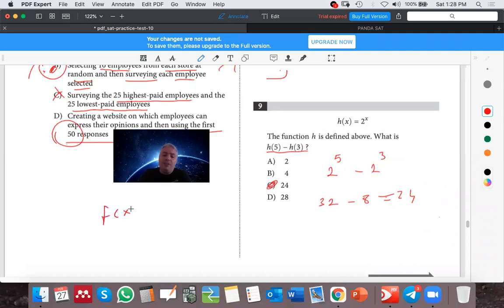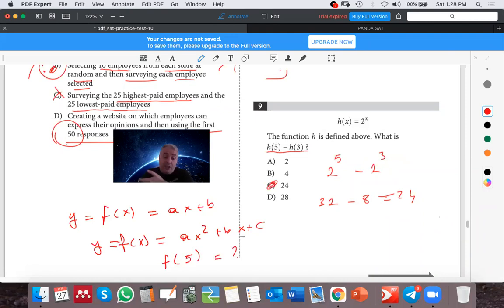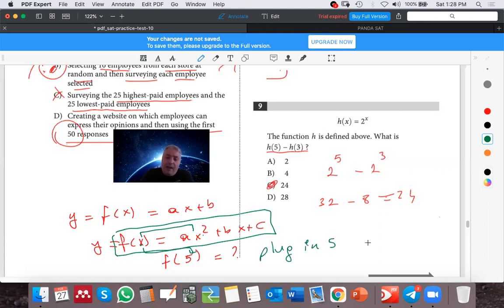You know the functions? Y is equal to f of x, for example, ax plus b, or y is equal to f of x, let's say ax squared plus bx plus c in general. This h5, or f5, the definition is this. In the given question, when x is x, we just write x here and x here. But when x is 5, just plug in 5